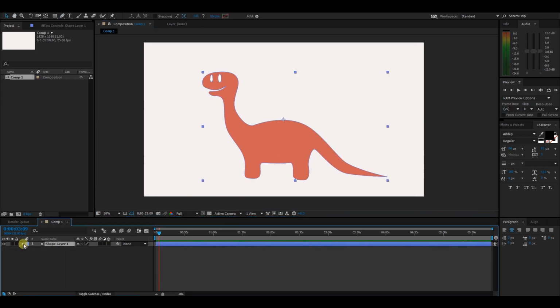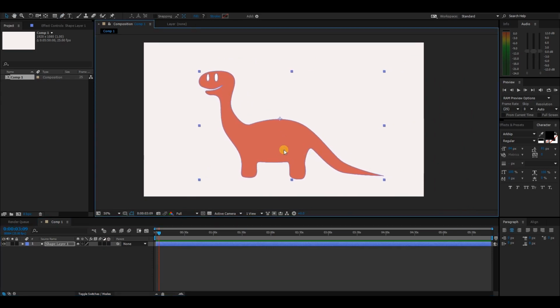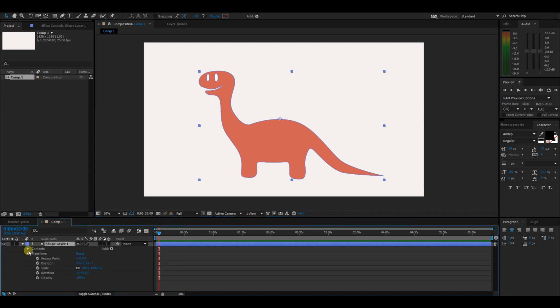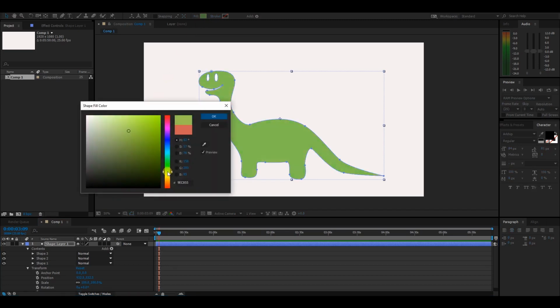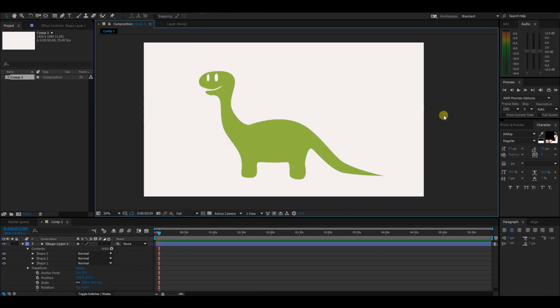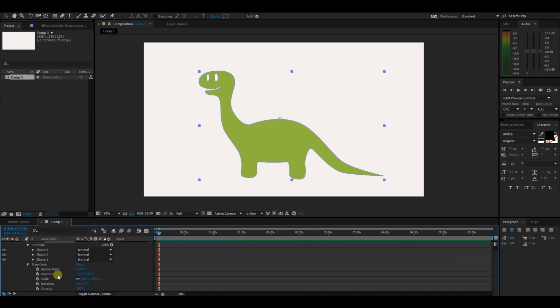But what if you want to change the color of your shape? So what you will need to do is you need to open up your layer. So click it here, click on contents, then select one of the shapes that is responsible for the body. Click here to change the color. Let's select the color, let's say green, because dinosaurs are green usually. Okay, so we successfully changed the color and the eyes stayed the same, but you can change those as well